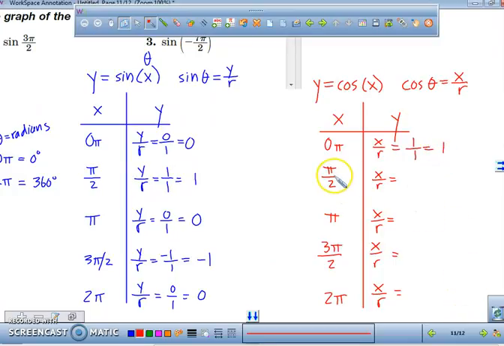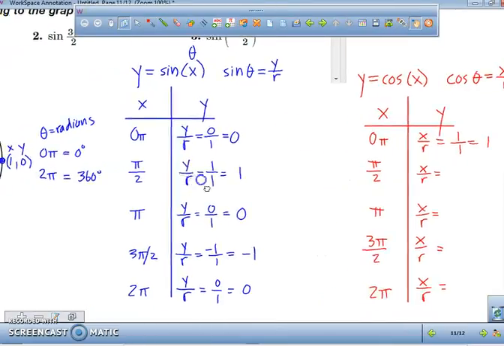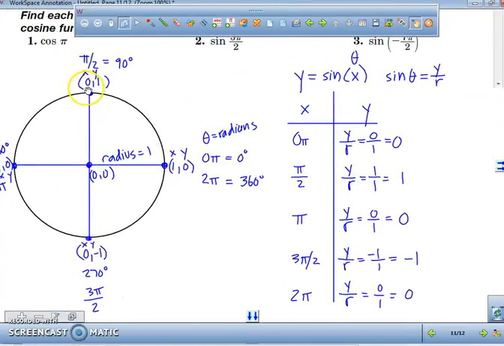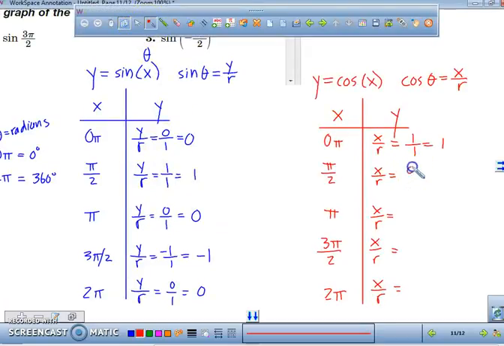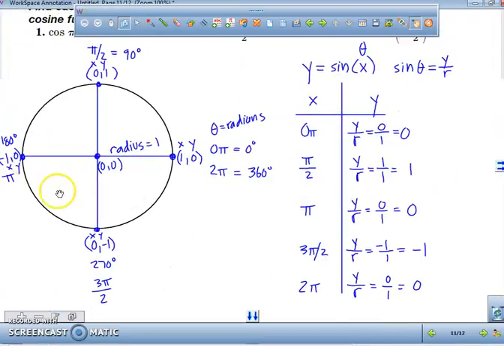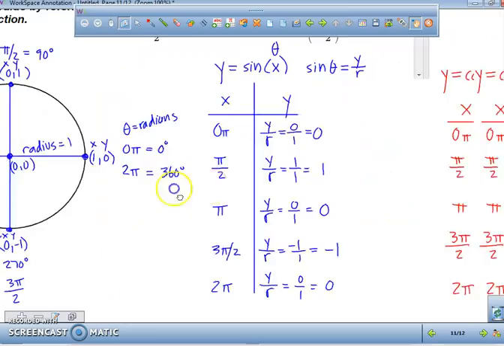Now, let's look at pi over 2. What's our x value at pi over 2? 0. So this is going to be 0 over 1, which we're at a 0. What about at pi? What's our x value at pi? -1. So we can go over here,